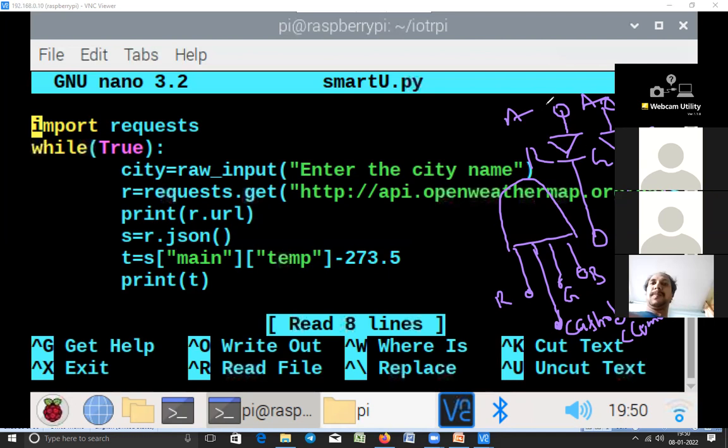To turn on the red LED, you have to give 3.3 volts at the anode of red. If you want to turn on green, you give 3.3 at the anode of green. If you want to turn on blue, you give 3.3 at the anode of blue. All these cathodes we connect together to ground, so this is called the common ground, and it is why it is called common cathode.